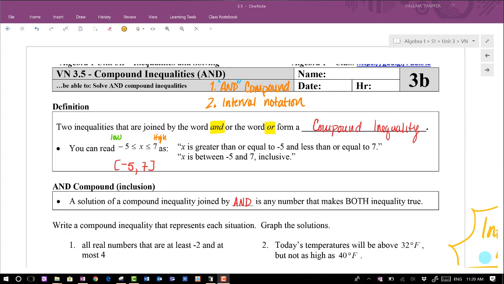Okay, hi and welcome to some video notes on 3.5, which is compound inequalities, and we're going to focus on one version in this section of notes, which is the and compound inequalities. And we'll explain what that is, and then additionally, I kind of want to tag along an extra point, which is interval notation, or a way to identify a set of solutions,